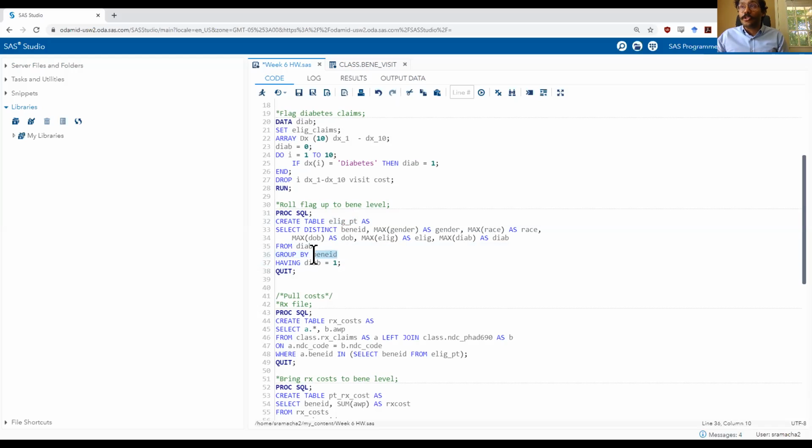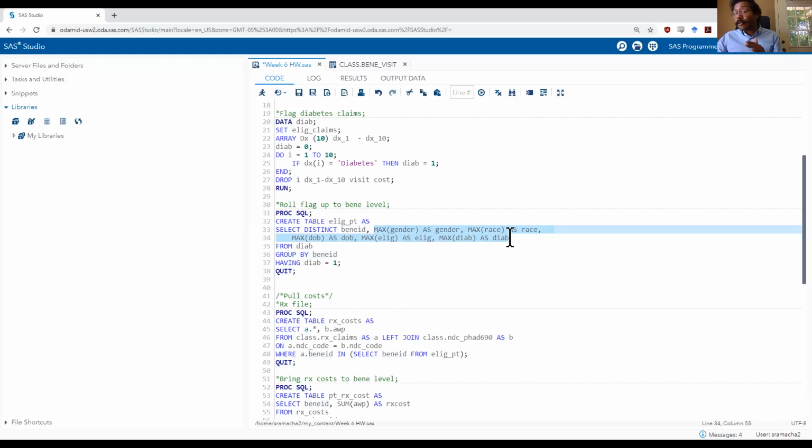So group by says Benny ID. And then in my select statement, I'm adding distinct because I'm just following good coding practices. And then I have my first variable in my select statement, the same variable as my group by statement. So my grouping variable Benny ID is my first variable in the select statement. Every other variable I have in my select statement is a summary variable, every single one.